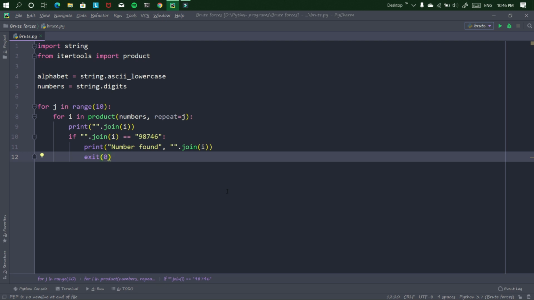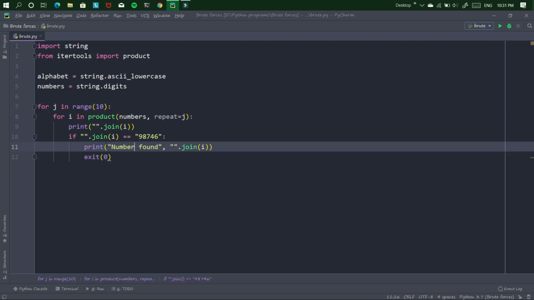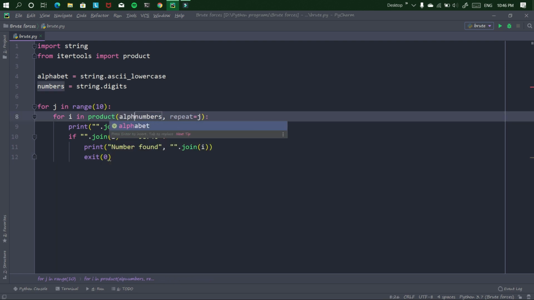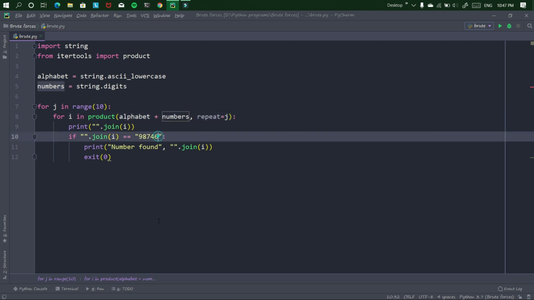Now I check if I am able to generate a combination of numbers and alphabets. To do that, I will simply write alphabet plus number in the argument of product, and I write Java1 in the if condition.